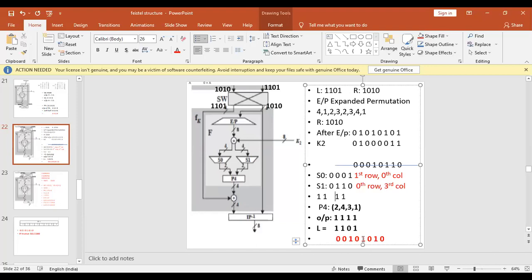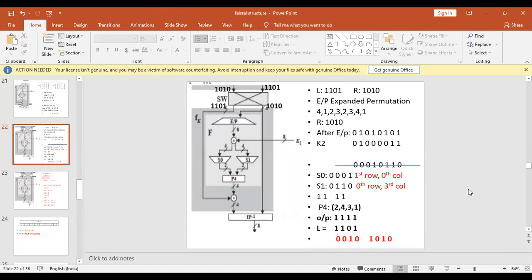So what is this data mentioned here? And this 1010, you can see here, after performing the XOR, you got the 4 bits, that is 0010. And then on the right side, you can see a line. The right part is given to IP inverse, and also the left part. The left part after the XOR is 0010 and the right part is 1010. So we give this to IP inverse.